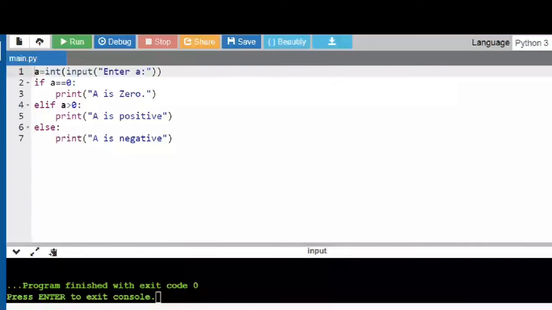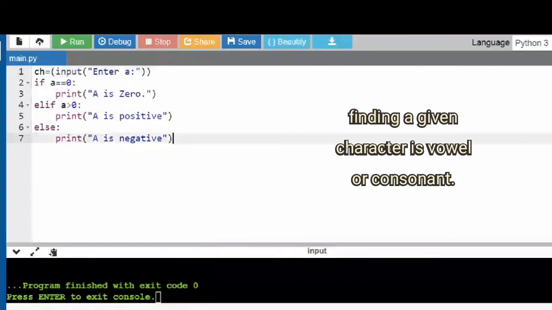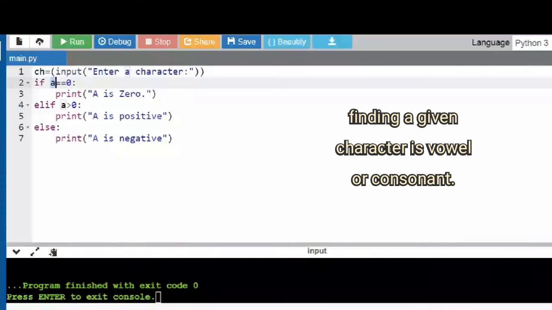So let me write that program. I am reading in a character. So I'm saying ch is equal to input, a character. I don't need to typecast it to an integer, so I'm just taking that off. Then I say, enter a character. Now what I'm doing is checking whether this character is equal to